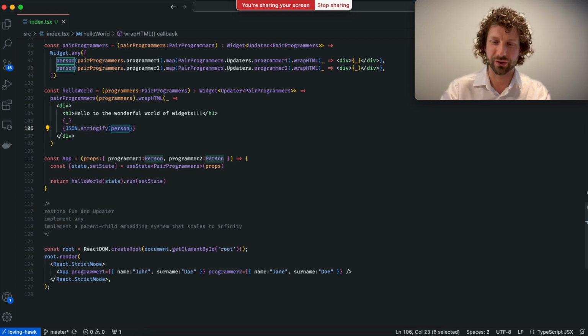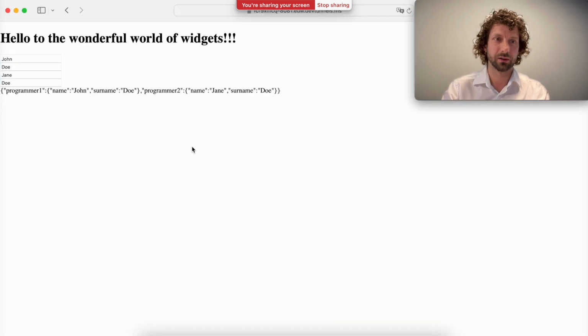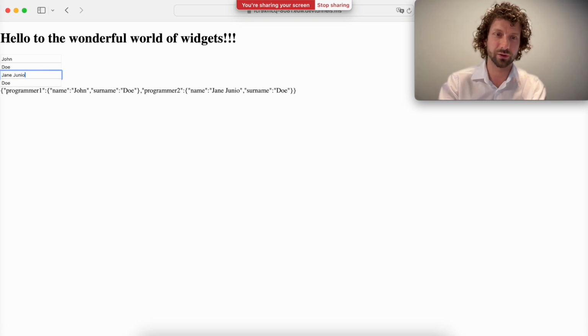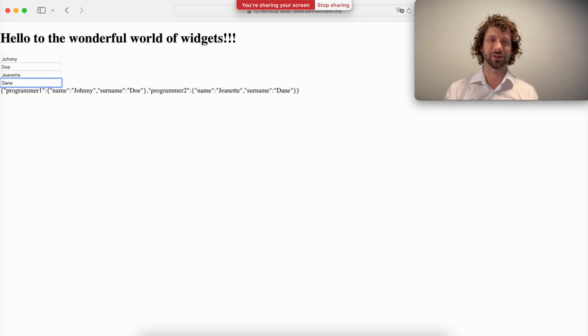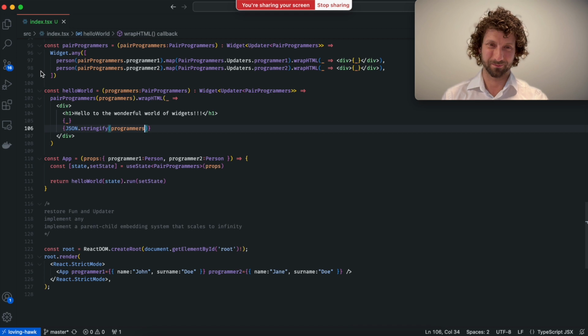Person is trying to render the widget now, but that makes no sense. We have to render the whole state. Okay, now we can see John Doe, Jane Doe, and if we, well, okay, this will be Jane Jr. or Jeanette, and this will become Johnny, and Doe, well, Dane, whatever. And you can see the thing still works. And